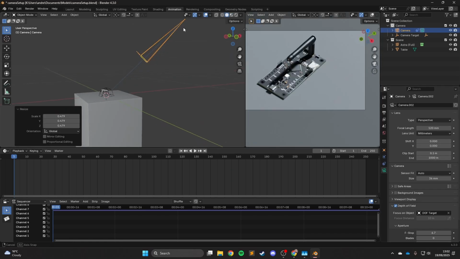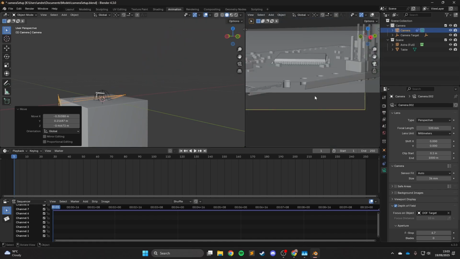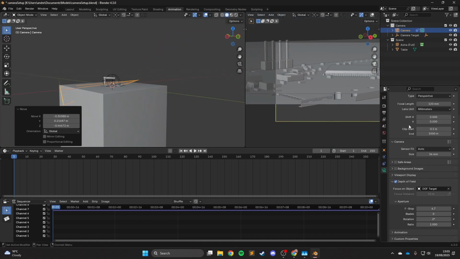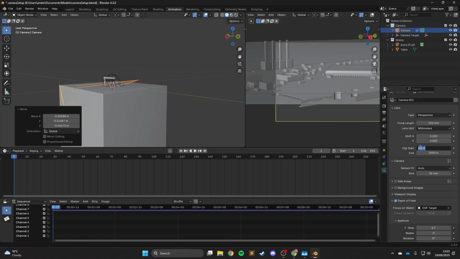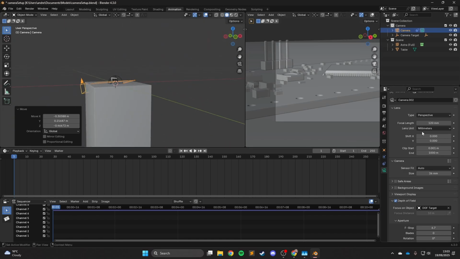So the next thing we're going to adjust here is under the lens settings, we've got clip start and end. And the way that works, if the camera gets too close to the object, you can see it'll start to kind of clip here. So the way we're going to fix that, we're going to come to the clip start here and we're going to change it to maybe about 1mm. Now the reason we actually have to do this is a very long explanation of computer science and that kind of thing, but because we have decreased this, we then have to decrease this number as well,